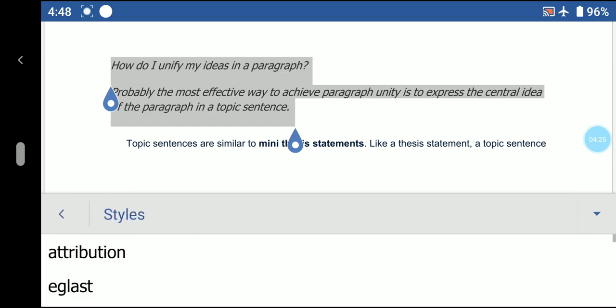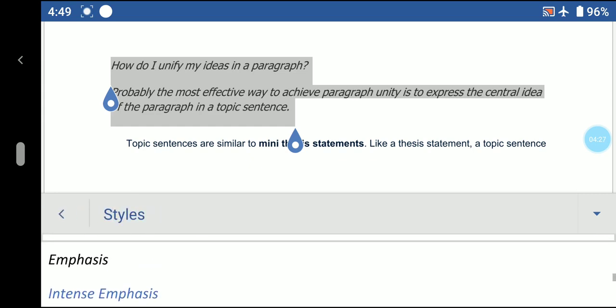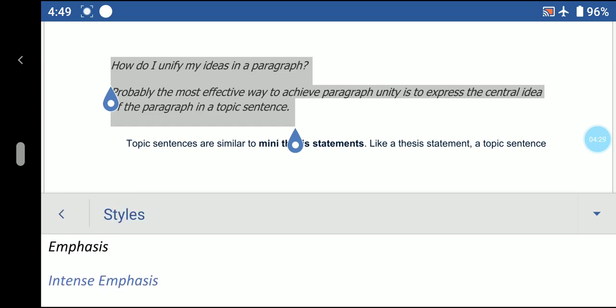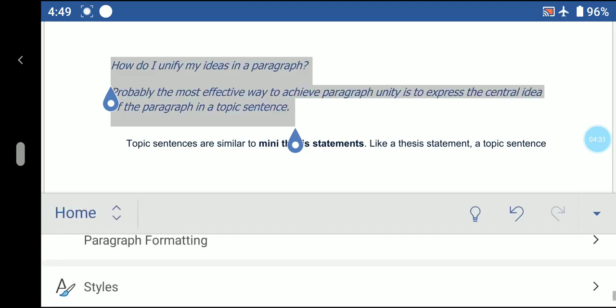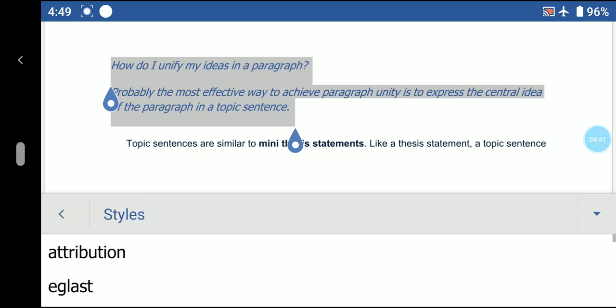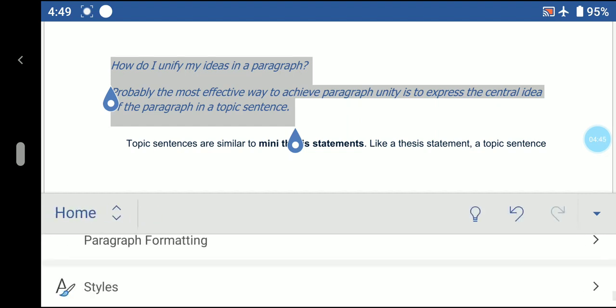And if you have a look at Intense Emphasis, you are able to see how it looks. So there are different style options, and I am showing them all at a glance. If you choose, this is how it will look.